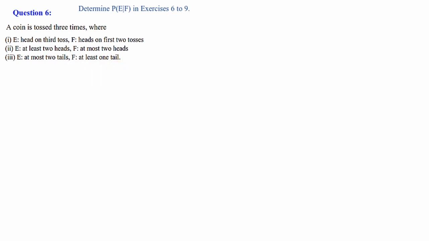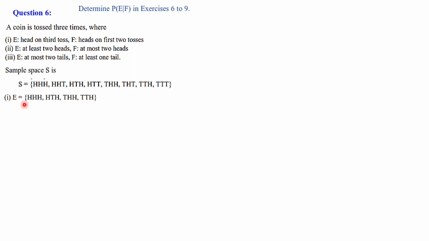So here a coin is tossed 3 times. Means 2 power 3. There are 8 elements in the sample space. So the sample space is the set of all HHH, HHT, HTH, HTT, THH, THT, TTH and all 3 T's, TTT. This we have already learned in class 11, how to write the sample space if 3 coins are tossed or a coin is tossed 3 times.